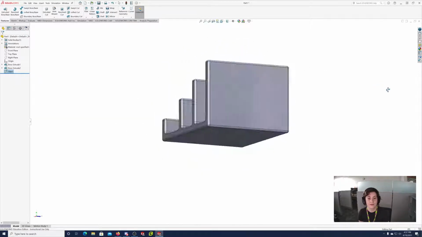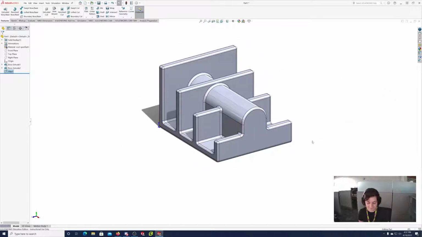Kind of cool, huh? I always get so excited when I'm drawing things and I see them coming together. I don't know, maybe I'm weird, but